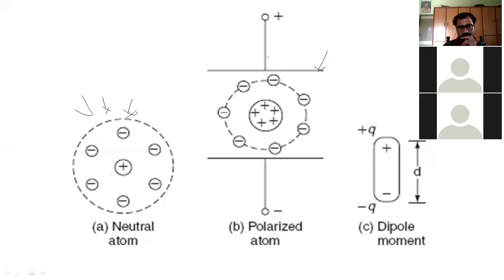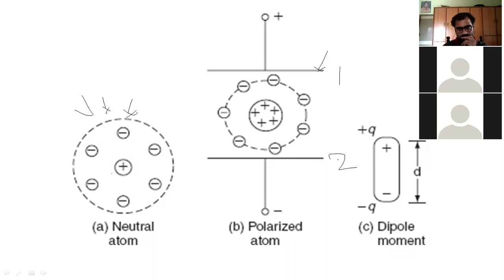The positive charge and the negative charge are going to be distributed, and the charges present in the atom are going to move in opposite directions to each other. Why? Because here there are two plates; I am going to consider a first plate and a second plate of your dielectric.